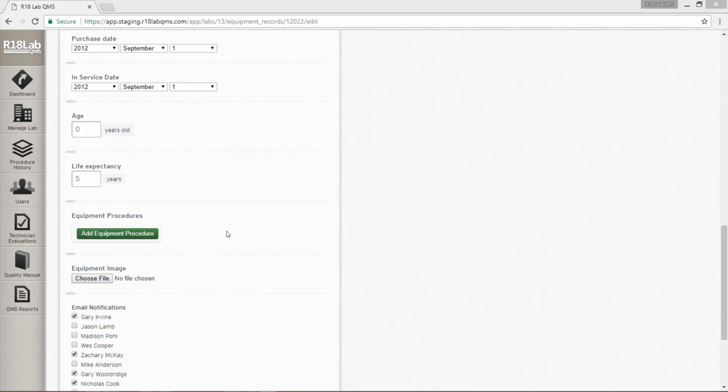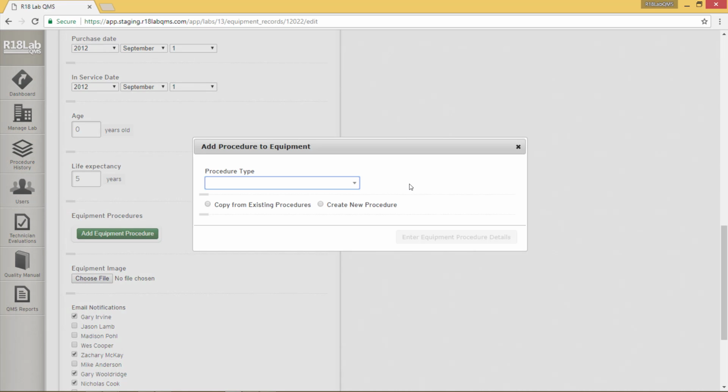There is now a more efficient way to add equipment procedures to equipment. To do this, click on the Add Equipment Procedure button inside of the equipment inventory record of a piece of equipment that is either new or being edited. Upon clicking the Add Equipment Procedure button, a dialog box will open up and it will ask you to select